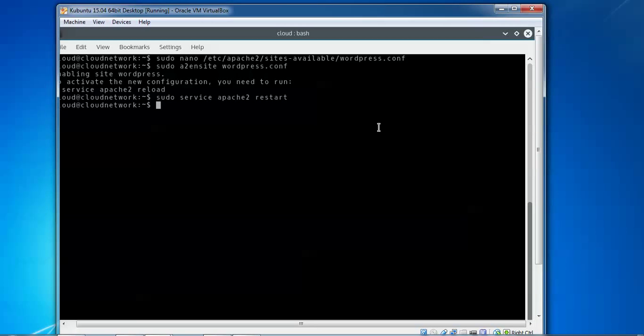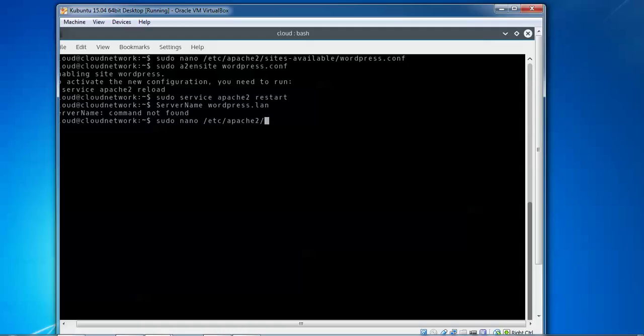So just type here ServerName is equal to wordpress.lan. Okay, sorry, I forgot, we need to edit the configuration file first. For that one, type